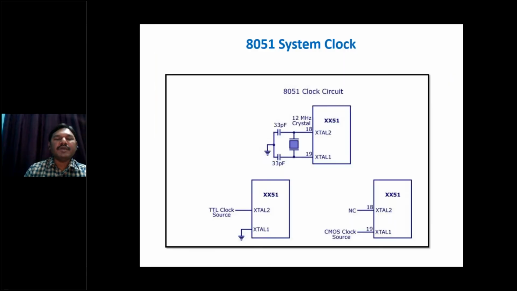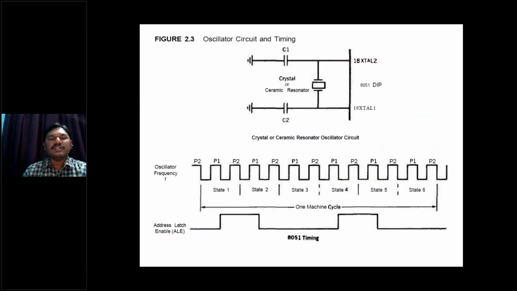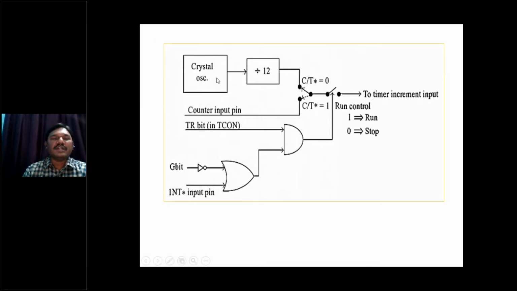And these are the port 3 pins. The 8051 pin diagram also has two pins for the system clock, right? That is the 18th pin and 19th pin, and this is the oscillator. You know that an oscillator is basically an analog circuit. That's why it is outside of the chip. So this oscillator output is connected to the internal clock generator through two pins, 18th and 19th. So this is the crystal oscillator frequency, and that goes to the internal clock generator.